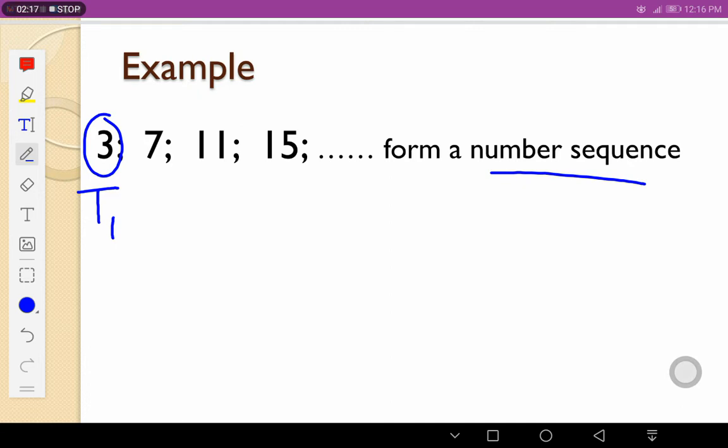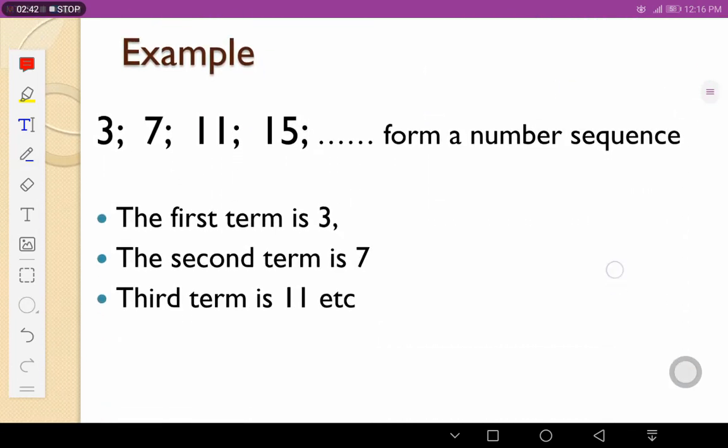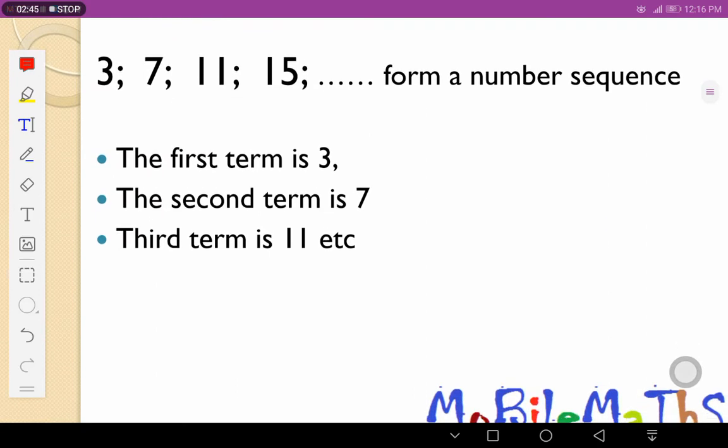Then 7 is the second term, and this we can say is T2. Then 11 is T3, term number 3, and so on. So when we have term number 1, term number 2, term number 3, and so on, what it means is that